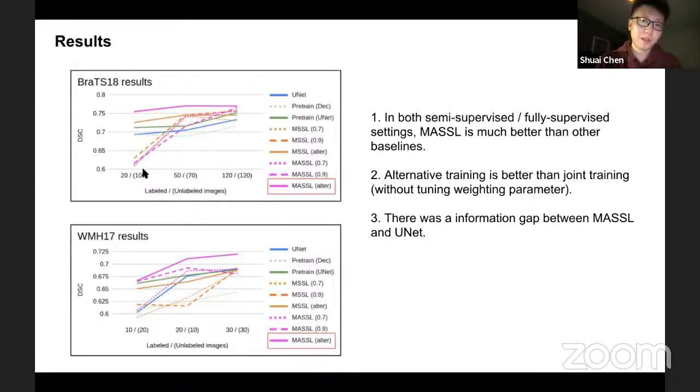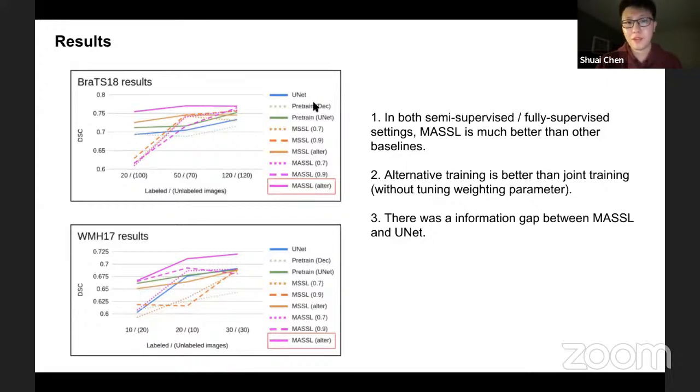And this is better in the BraTS dataset, but not in the WMH dataset. That's probably because the foreground difference is really large in this one. Given very few labeled images, all the methods do not perform very well.